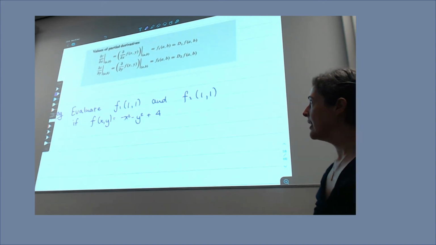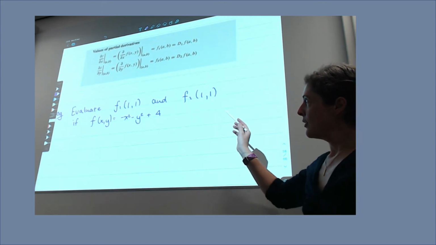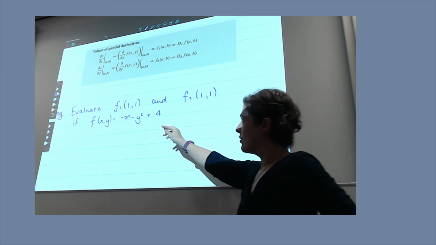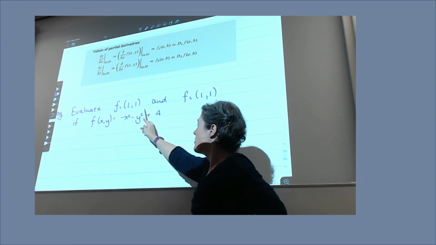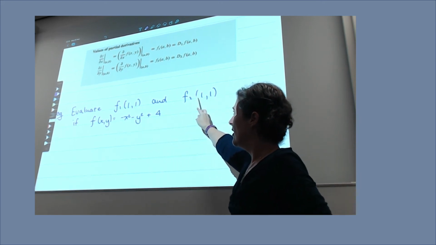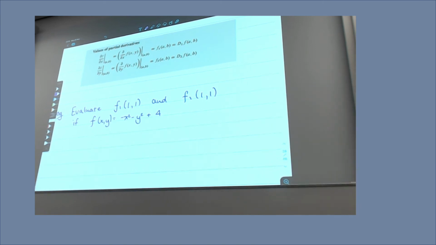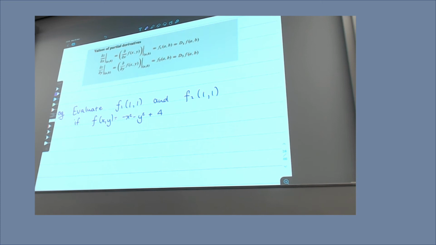So please evaluate the first derivative with respect to x and the first derivative with respect to y at the point of this function here. It should be pretty straightforward. So we know that f1